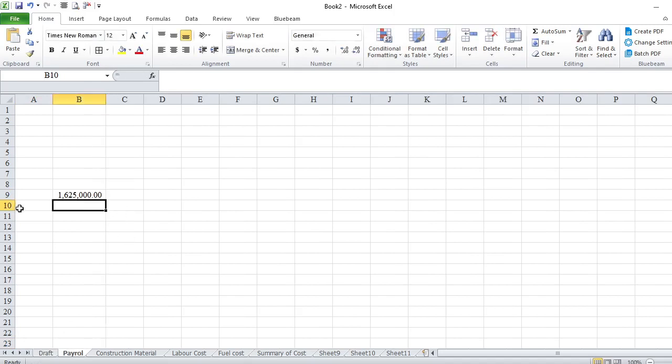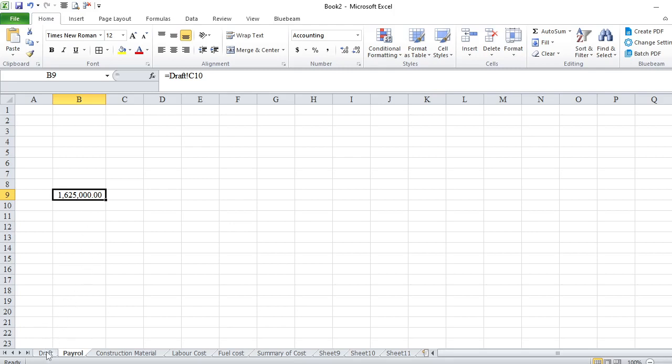So I will bring this to this. Okay, on payroll, but look on the workbook. Look on the formulas. This is the formula bar. I will show you what these all are. This is the formula bar. This is not a number. When you see this here in the formula bar, it says draft C10. It means it comes from this value. If I delete this value, this will read error on the payroll.